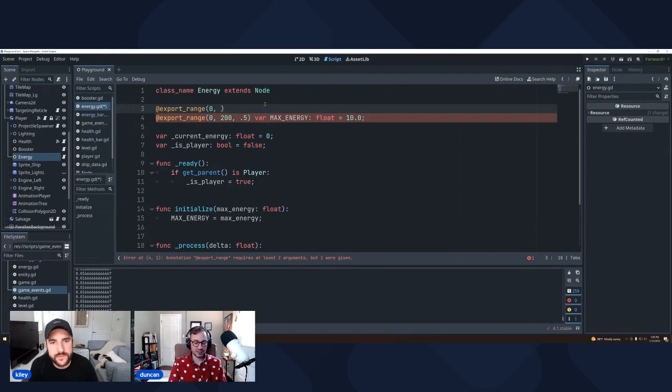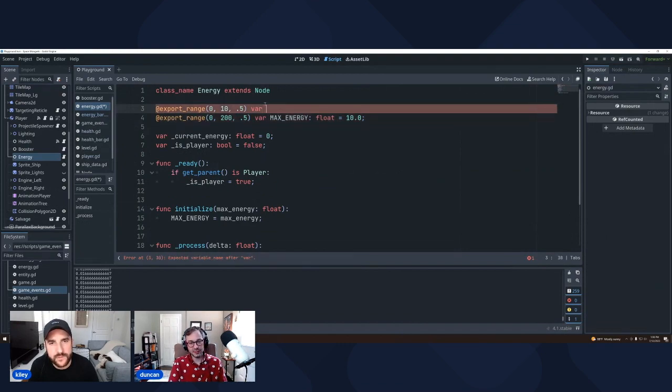Probably 10 energy a second would be a lot, so we'll say that's the upper bound. And we'll do that in a 0.5 increment. Then var energy recharge rate, and we'll say by default it's just 1, right?